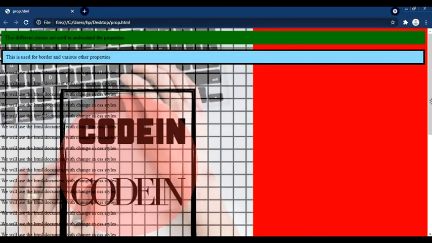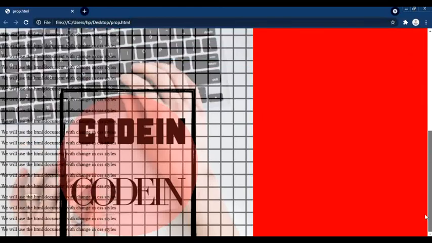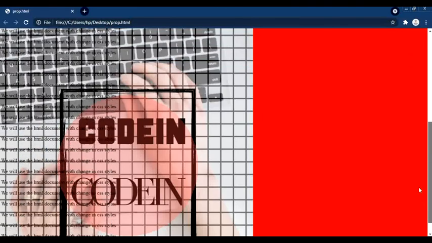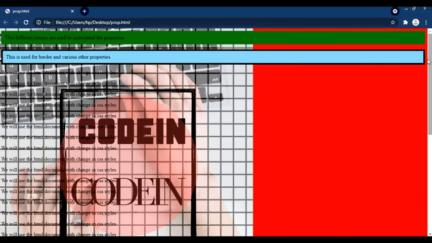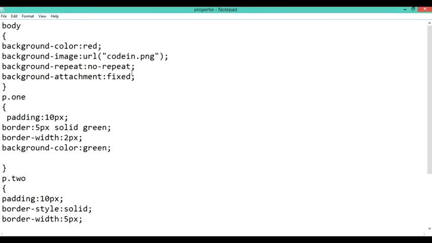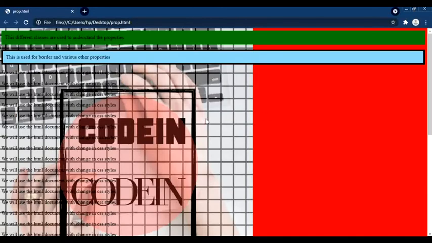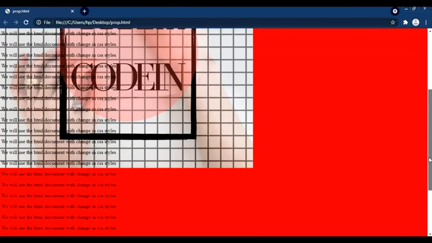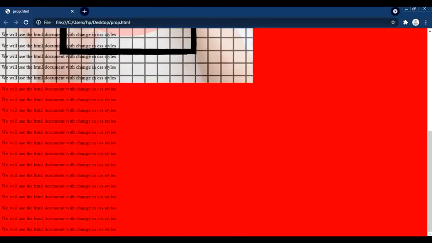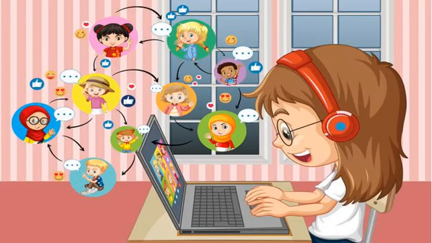So here you can see whenever I execute this code, the background is fixed, that it is not scrolling with me. And then I have added some lines in my HTML document. The lines that I'm adding help me scroll down the document, but they are not adding any background and it is not changing. In a similar way, if I want to just scroll the page but I do not want to change the background, meaning it should be scrolling, then I will use background attachment as scroll.